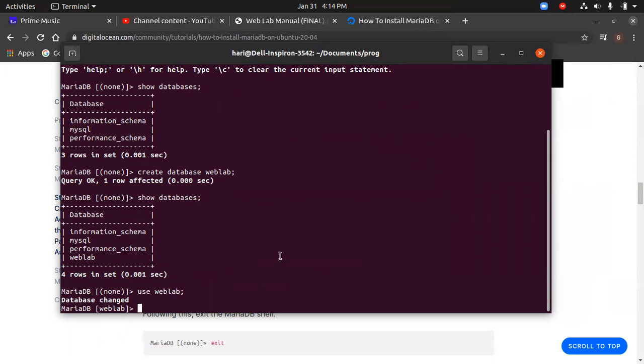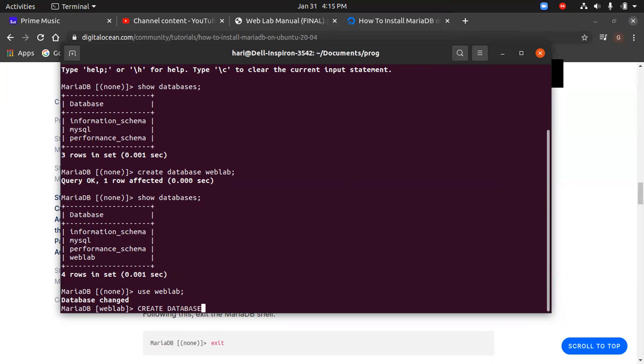We have given the web lab as our database name. We'll be using the same in our PHP because we need to initialize the database name variable, username variable, password variable, and the server name variable, all that kind of stuff. We'll be doing this soon. Here, the first thing that you should do is create a table. I prefer everyone to turn on your caps and then start typing.